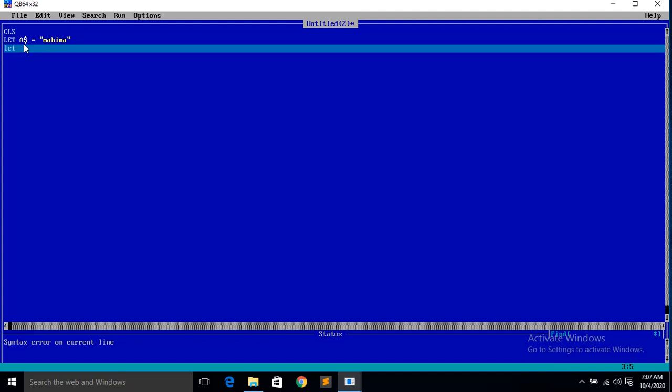Where we are keeping our data, this data is Mahima. So Mahima is the constant, and we are storing Mahima in a$. So a$ is the variable.